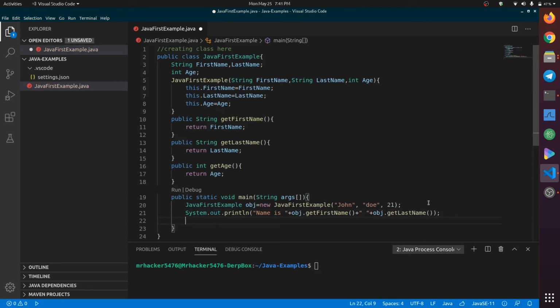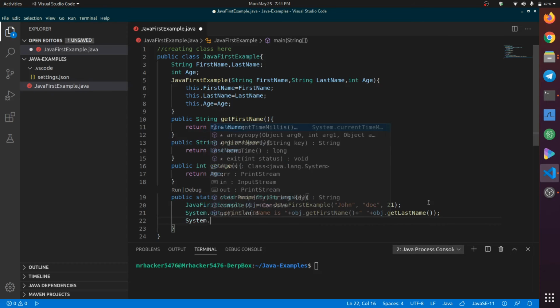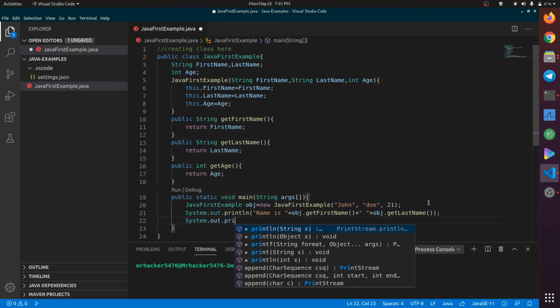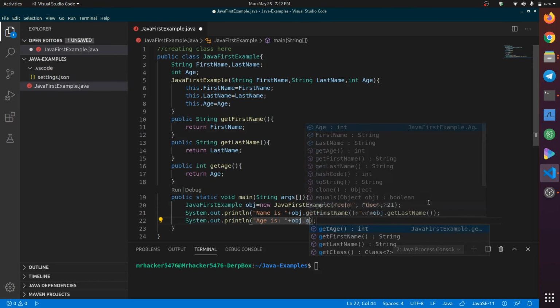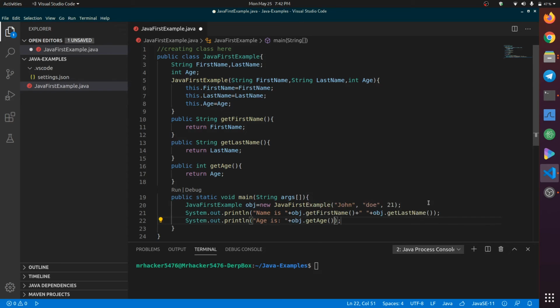This should be it. Now I'll print age also. System.out.println will say age is, concatenate obj.getAge, and let's quickly run our code.